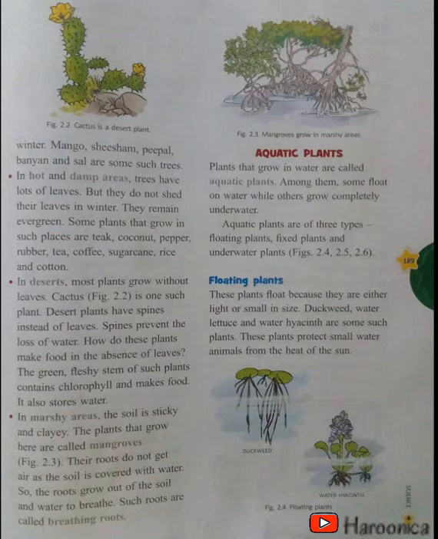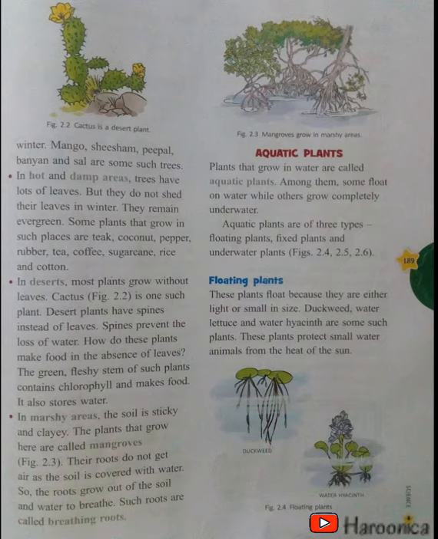In hot and damp areas, trees have lots of leaves, but they do not shed their leaves in winter. They remain evergreen. Some plants that grow in such places are teak, coconut, pepper, rubber, tea, coffee, sugarcane, rice, and